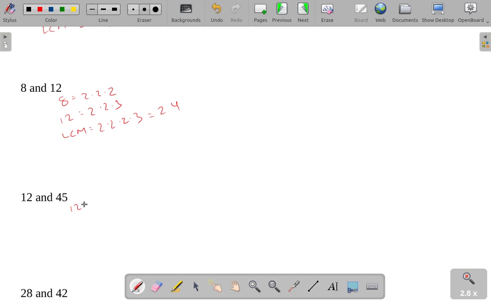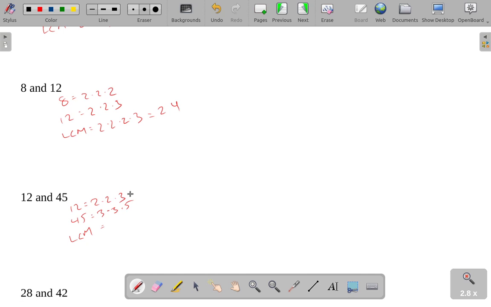All right, 12. Again, starting by finding the prime factorization. I have the prime factorization right there, so I'll just copy it down. 45 is, well, let's see, 2 is not a factor here, but 3 is. 3 times 15 gives me 45, and 15 is 3 times 5. All right, so my least common multiple, I'm going to look through and say, okay, how many 2's do I